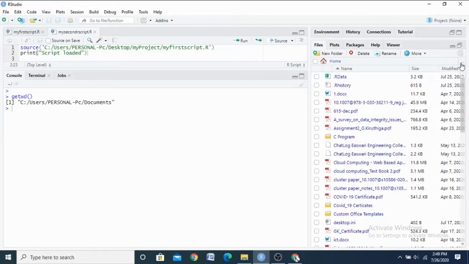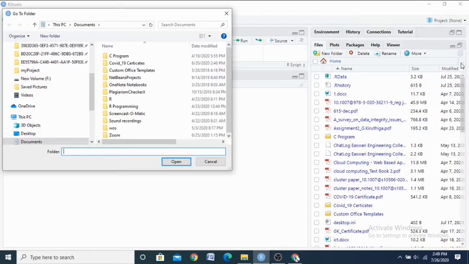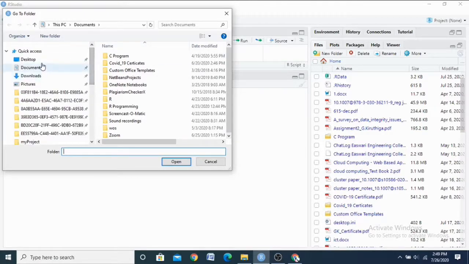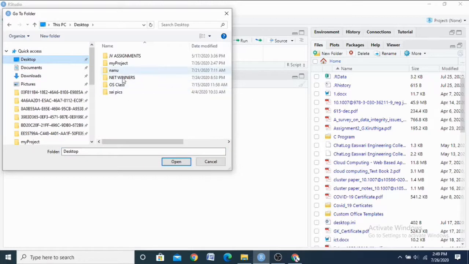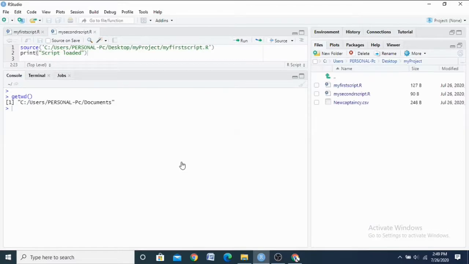Just click these three dots. Go to folder, select desktop, then my project. Go to folder my project, then open. See, all the files in my project will appear.